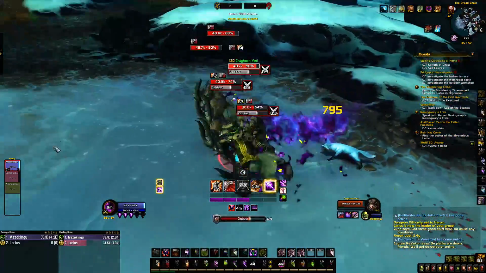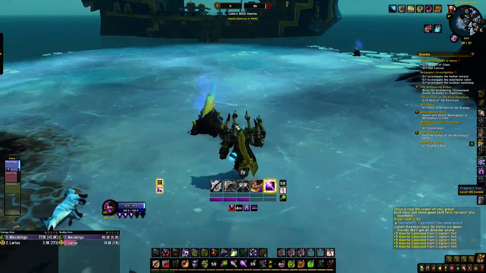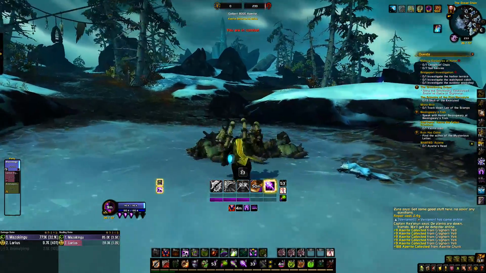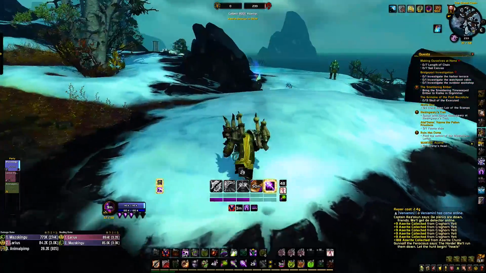But if you want to be the very best like no one ever was, you might want to learn a little bit about managing your resources, dots and cooldowns, because statistically, Affliction is probably one of the most complex specs in the game and definitely has more to manage than